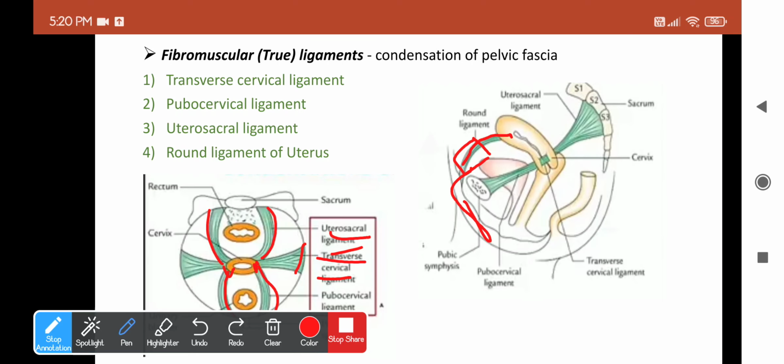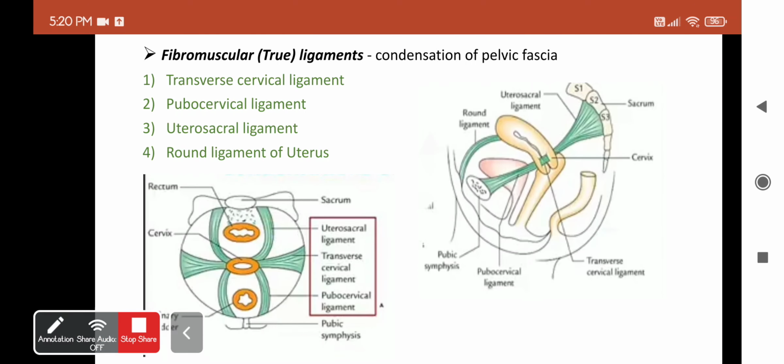Okay, and this round ligament along with the uterosacral ligament is very important for maintaining the position of the uterus, which is that anteversion and anteflexion. If you see, this round ligament will cause a forward pull of the uterus, which will be counteracted by the uterosacral ligament from the back. So this helps in maintaining that angle at which the uterus lies stable. Okay, so these two are very important for maintaining it in position. Hope this made sense. This is very, very important.